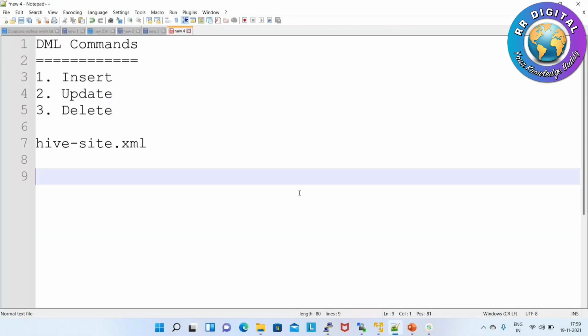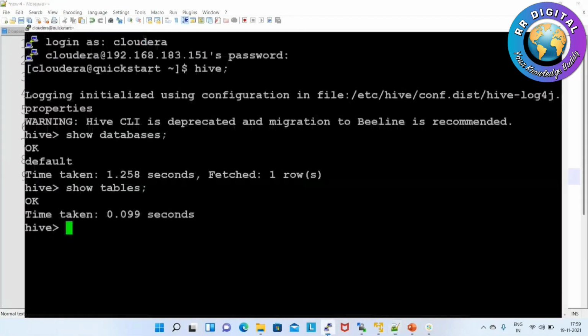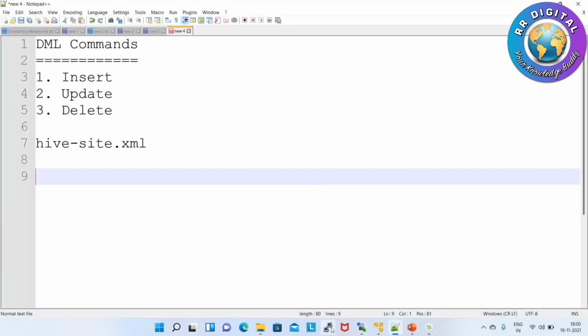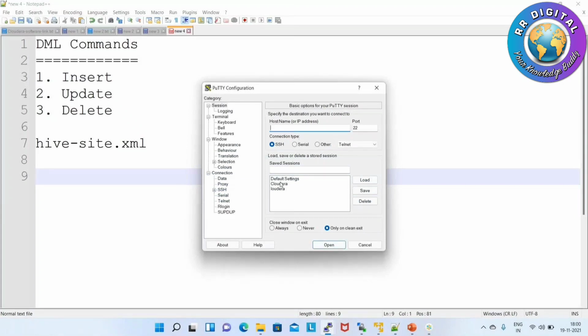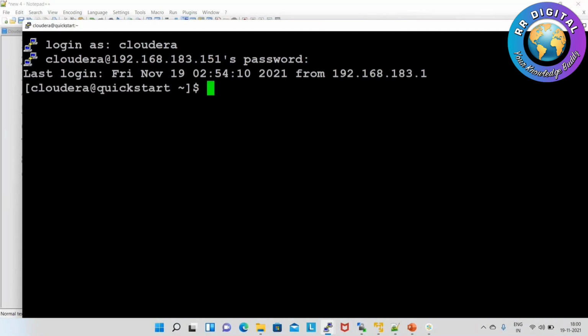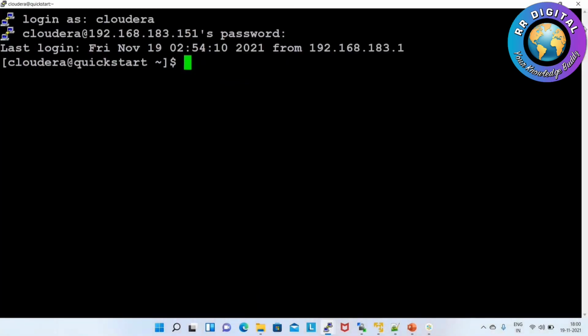We open a new window, with username cloudera and password cloudera. Now I'm logging into Hive mode, because DML commands we have to execute in Hive.